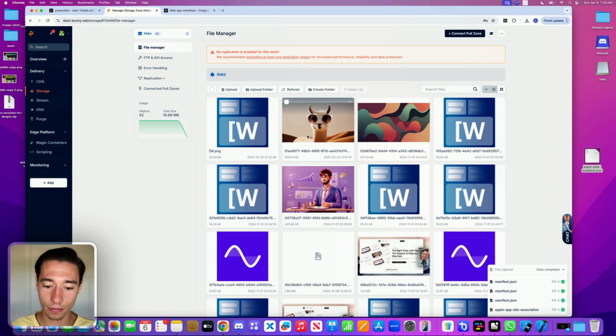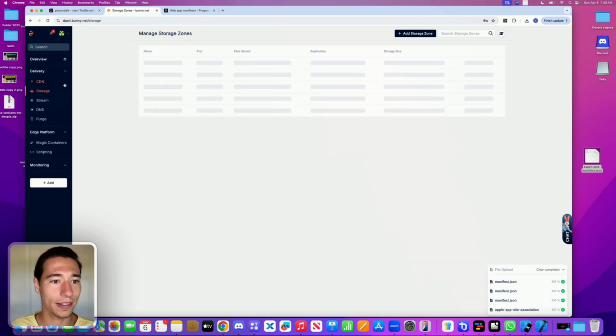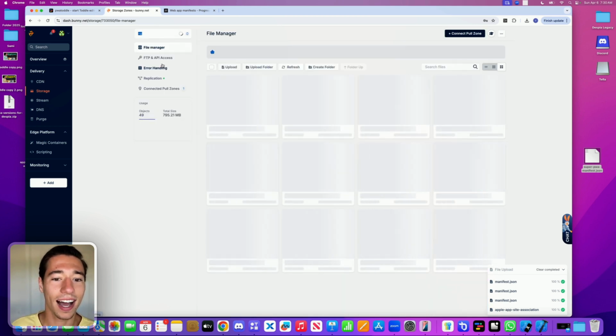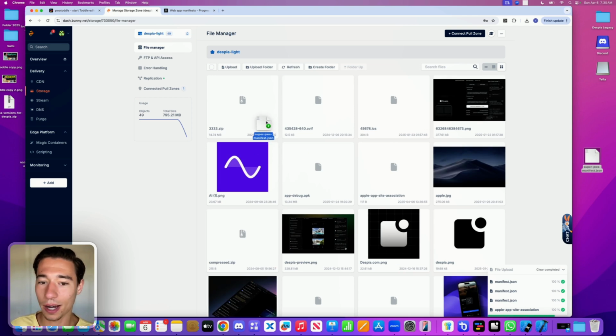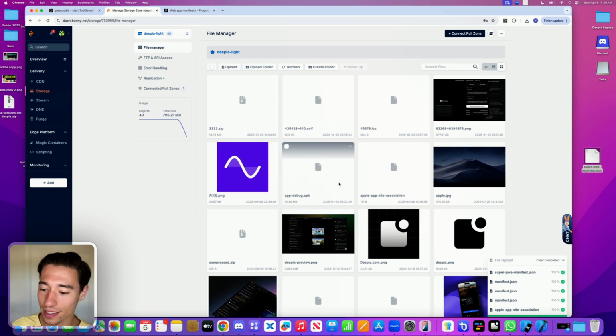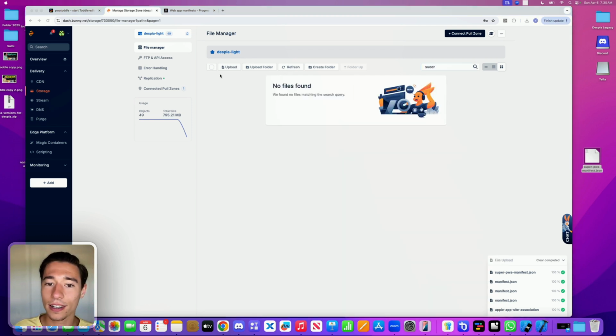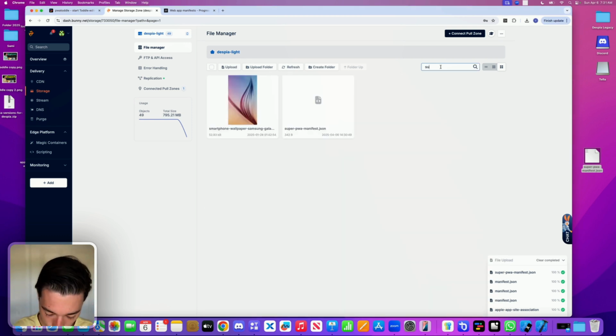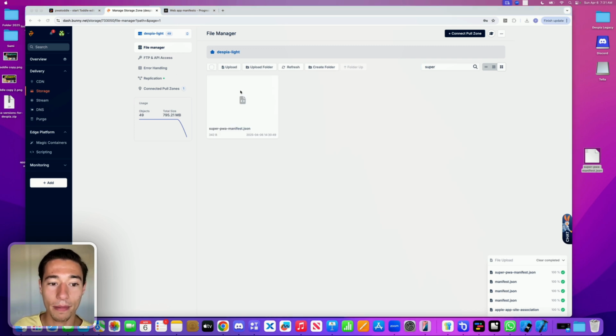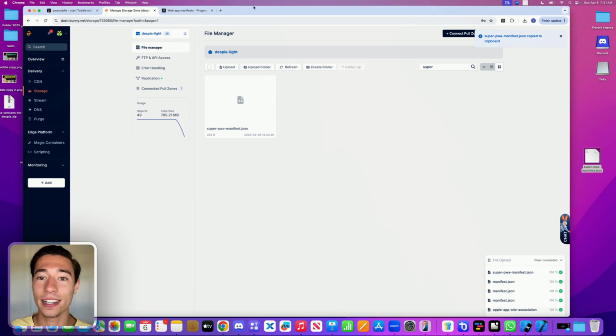There you go. Oh, that's an old one. That's still with the Wiz stuff. No, we don't want to use that. Let's go to Despia Lite. There you go. And now I'm just going to dump that. Ooh, wasn't dumped that good. There you go. I'm going to dump that manifest inside of here. And let's look for Super PWA manifest. I will copy this URL now, and now we need to set this up on the source directory